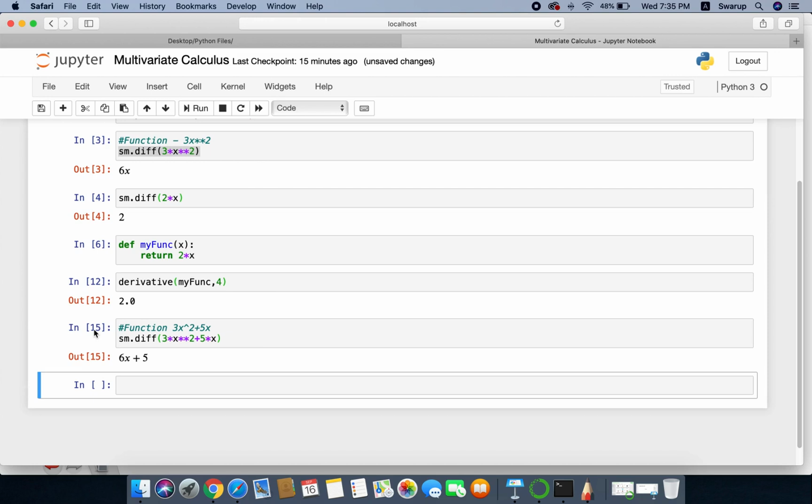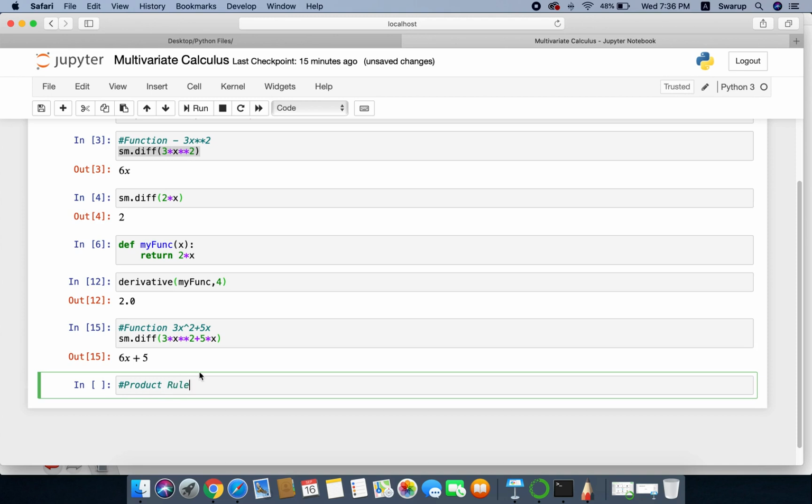Now the other one is called the product rule. We can just try with the product rule. Suppose we have a function that is x square plus 1, and we have one more function that is cos of x. So we have two functions here, just as an example, and I'll look into the product rule.